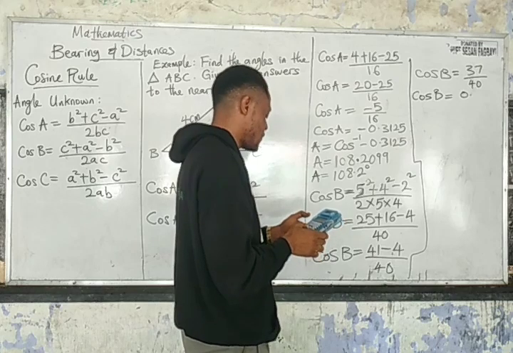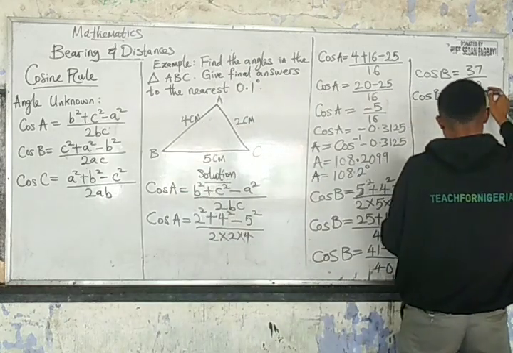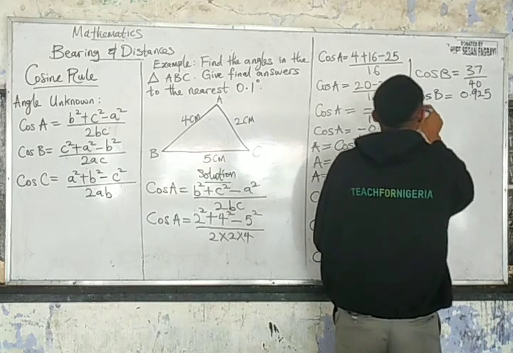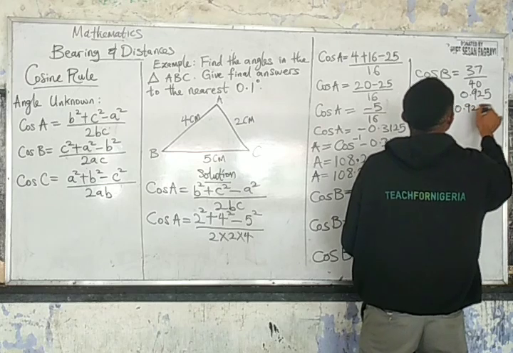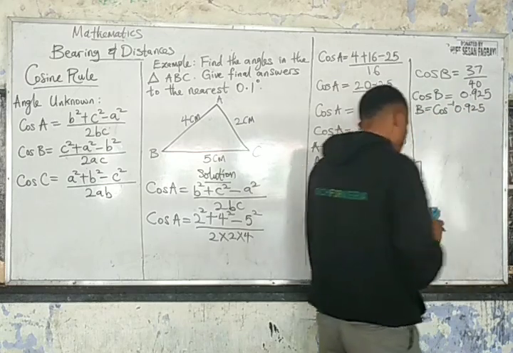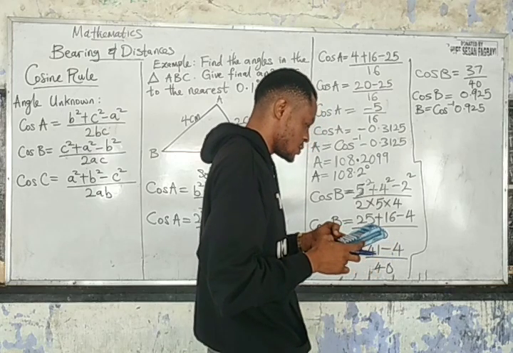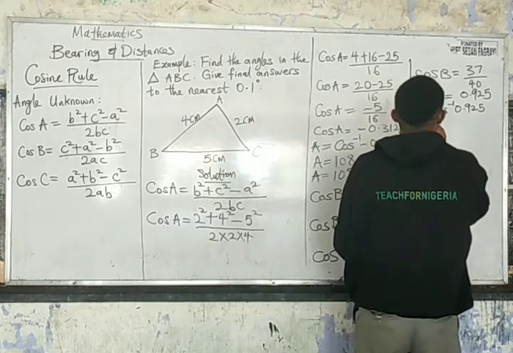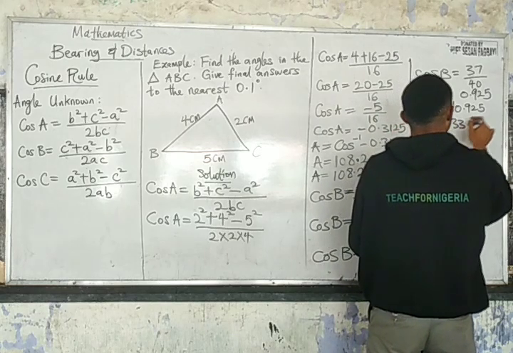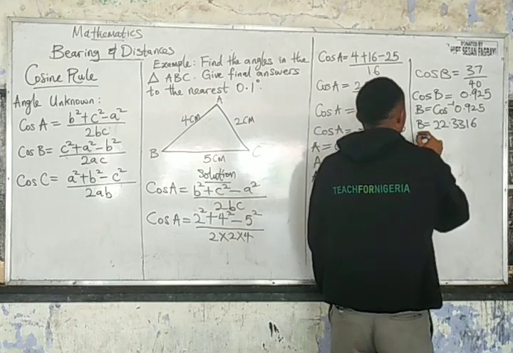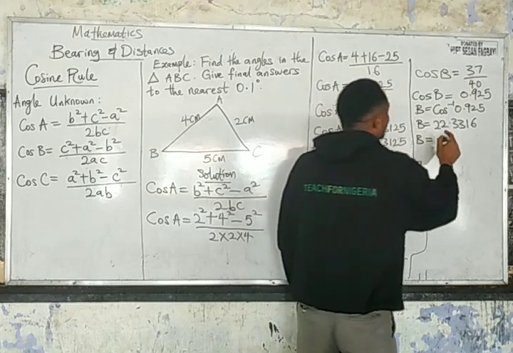37 divided by 40 will give us 0.925. So B will result to cos inverse of 0.925. So by the time we punch the calculator, we'll be having B to be equal to 22.3316. So leaving our answer to the nearest 1 decimal place will give us